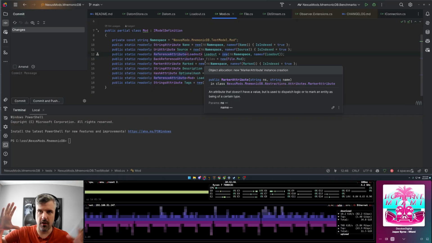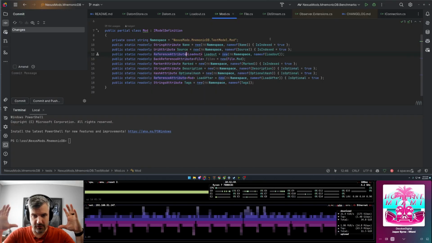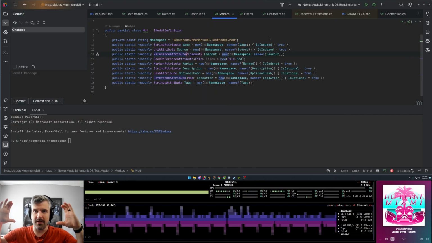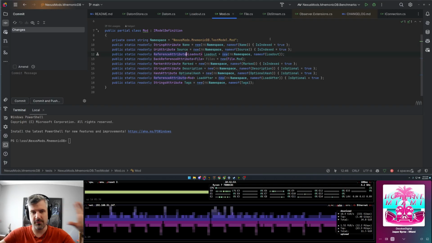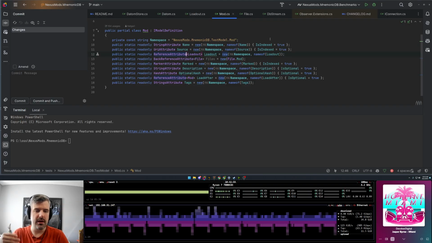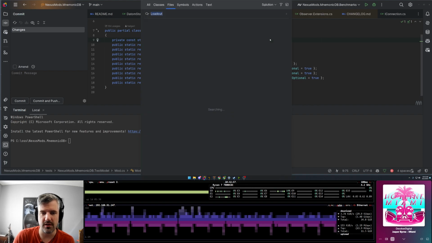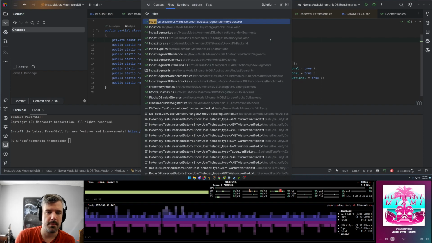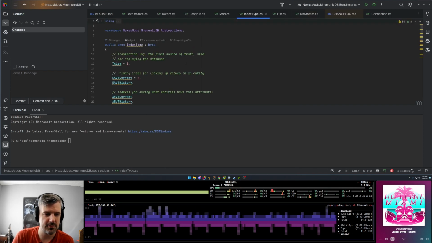So these tuples are literally just like a tuple you would see in any other database or any other system, a struct of values, right? And then we index them in several different ways. So the main index types are